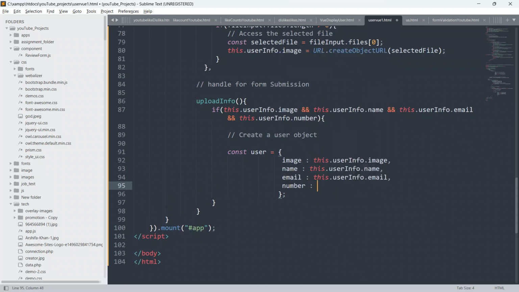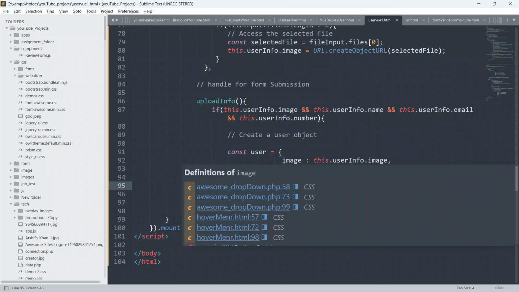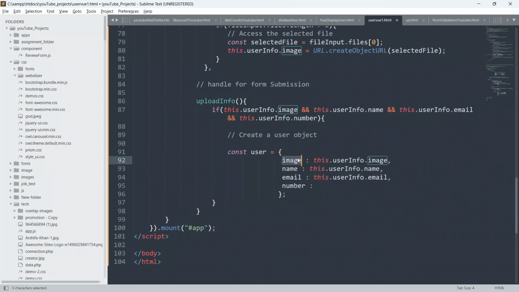Because guys, we are creating an object here. You also know guys, an object is a key value pair separated by the colon. Always remember, an object is a key value pair separated by the colon.